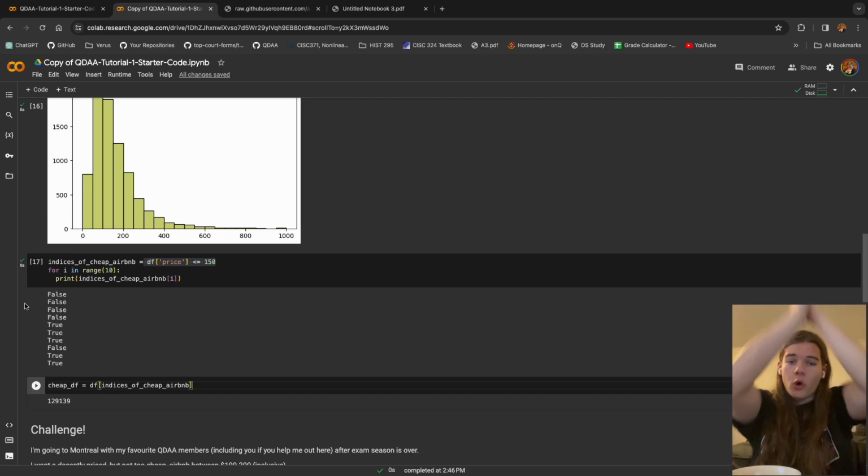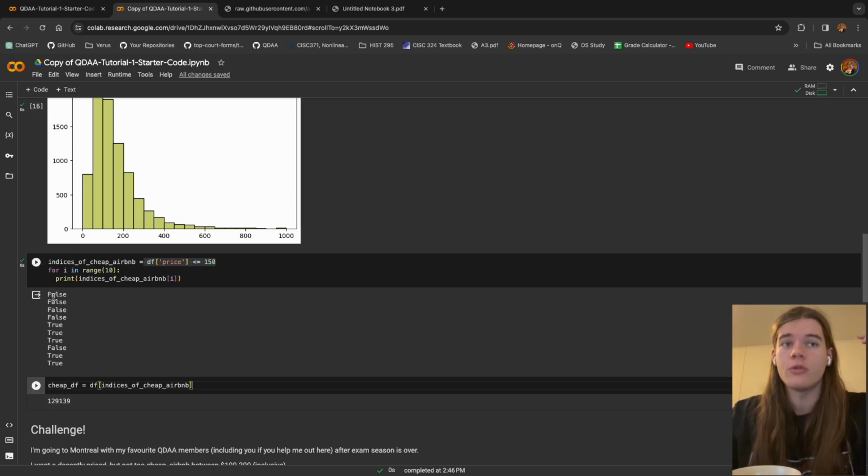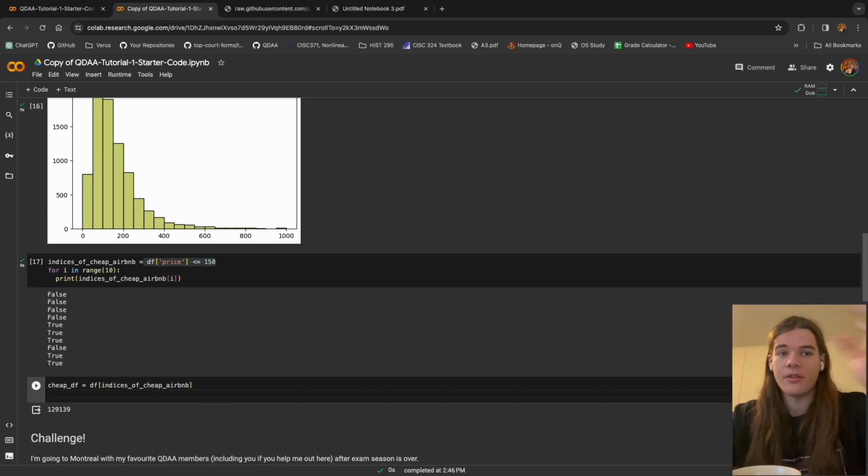So it's going to go through all of them and say, okay, the first row, don't grab that. Second row, don't grab that. Third, fourth, but then number 5, 6, and 7, it will grab those. So we'll do that, and that'll assign that to a new data frame called cheap data frame. And if we do cheap data frame dot head,